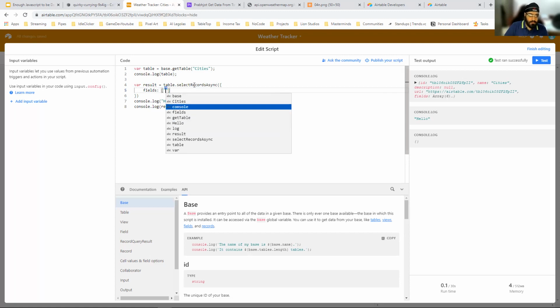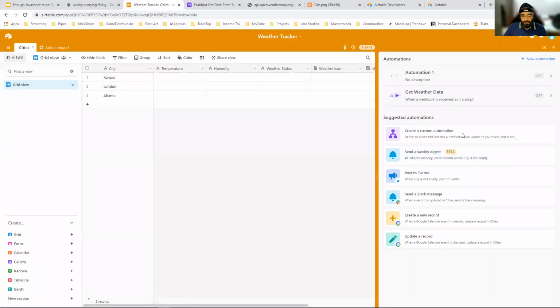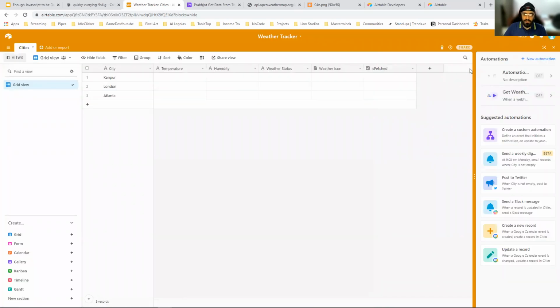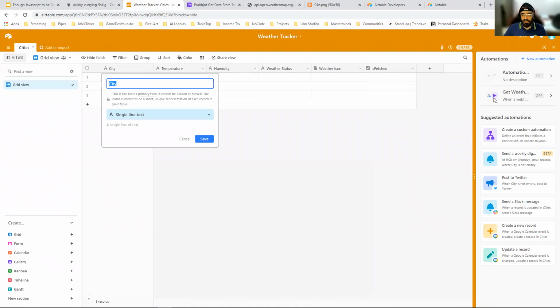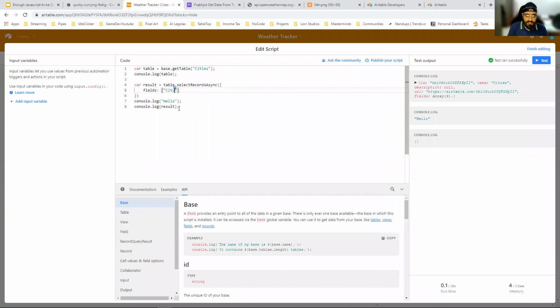So in my table, I can have hundreds of columns, right? And let's say I have thousands of records. So that's 1,000 times 100 amount of data that Airtable has now, which can be huge if you get everything every time. So they say, okay, ask only for the columns that you need to work on. If I only want to work on city, I should only ask for city. So here, if I come and say city, then it'll only give me the data for the city and not the other columns. Does that make sense?